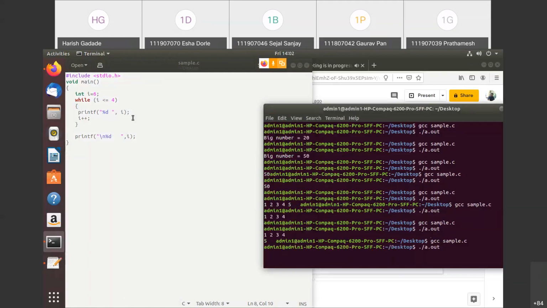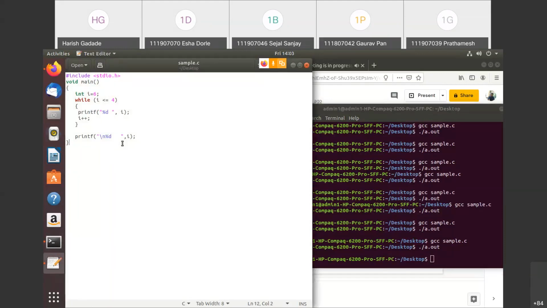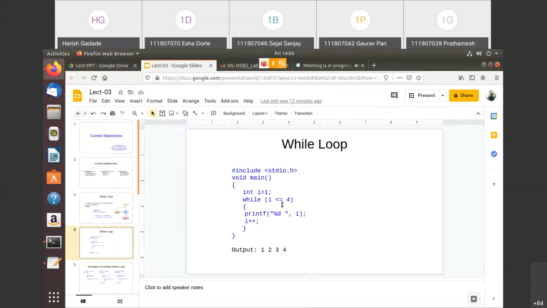Run and compile. You can see that the output is 6. Getting? Simply 6, because we have not printed 1, 2, 3, 4 or anything. Simply the output is whatever is the assigned value of I, and that has been printed here. So I think you might have understood this one, right? Now I'm coming back to this. So I just explained this program to you, right?